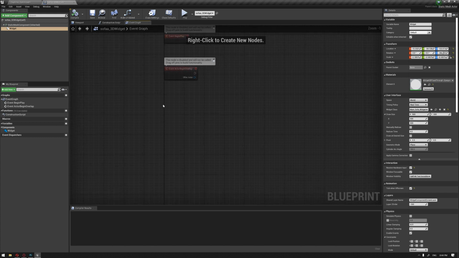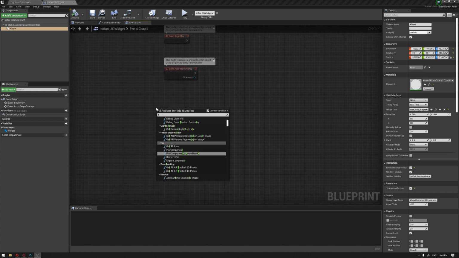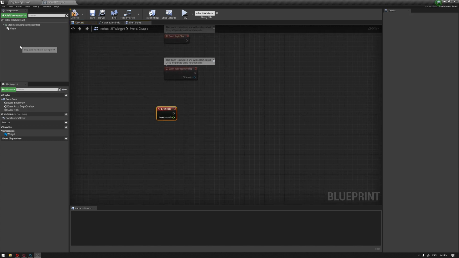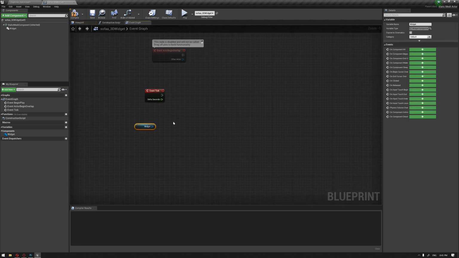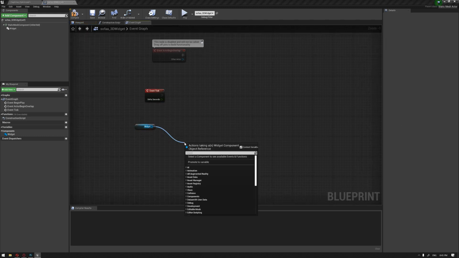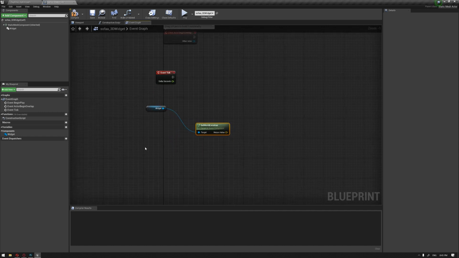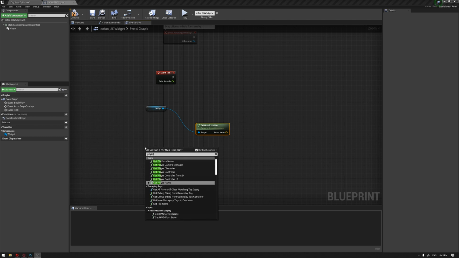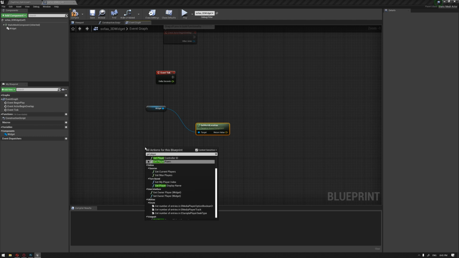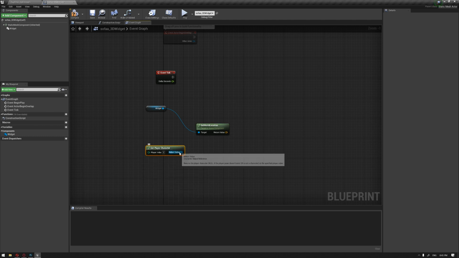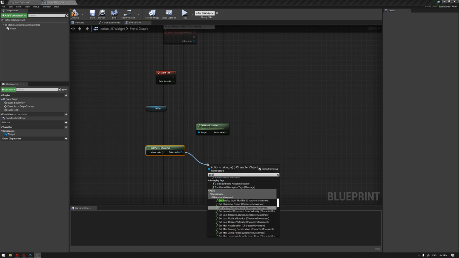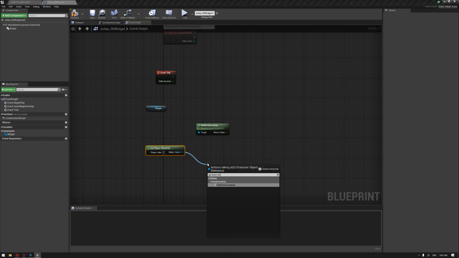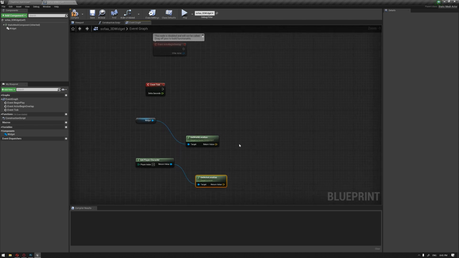We're just gonna need tick event and the widget, and we're gonna get the world location of that widget first, and we're gonna also get the player location. First we need to get the character and get actor location, and we need to connect this to a node called